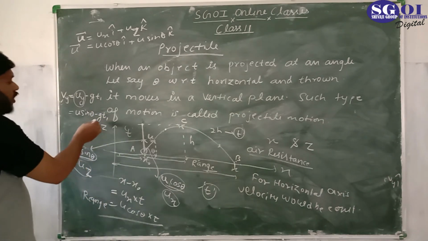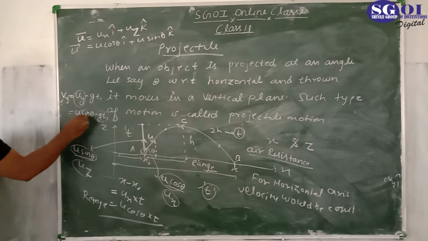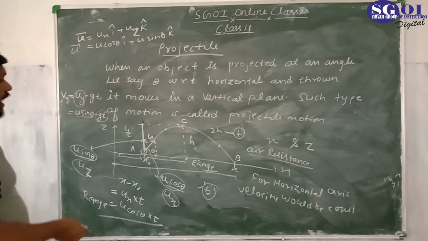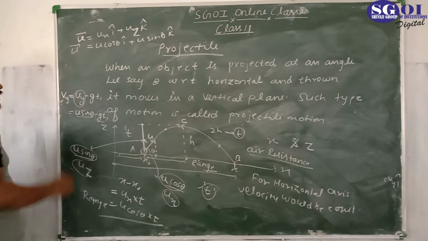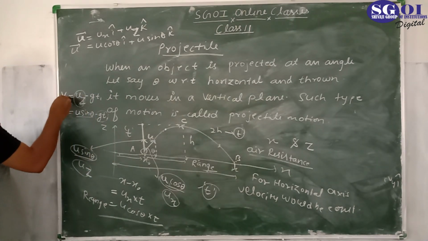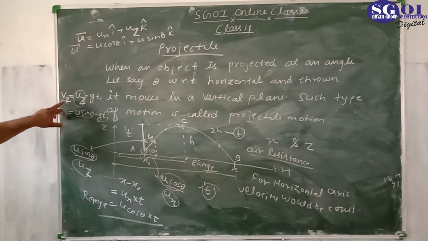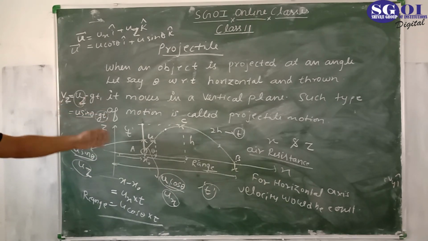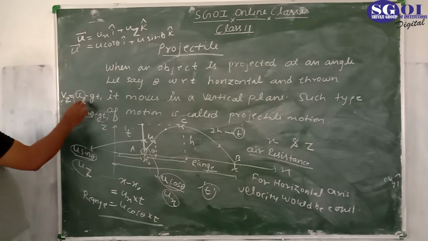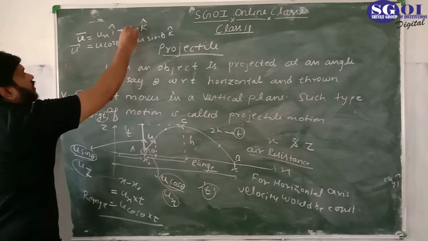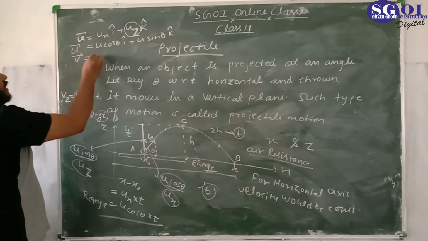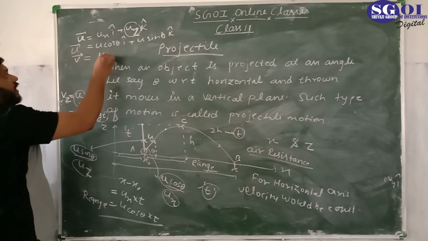We know that because of this term u sin theta, which is at the initial point, this is changing at each instant. If the y component is changing, definitely, not y, it is z. By default I am writing y again and again. So it is vz, because we are taking this axis as z. So vz equal to uz minus gt1, and this component uz is changing, and this is initial.